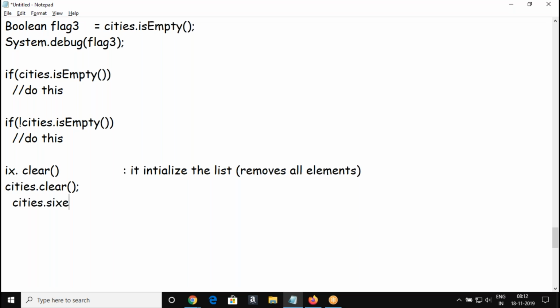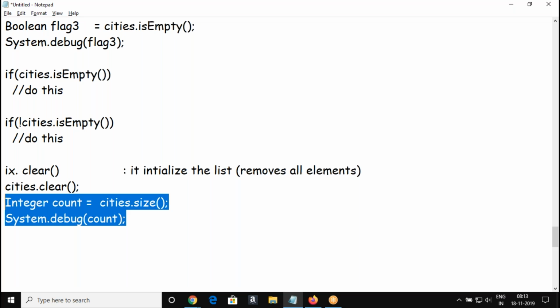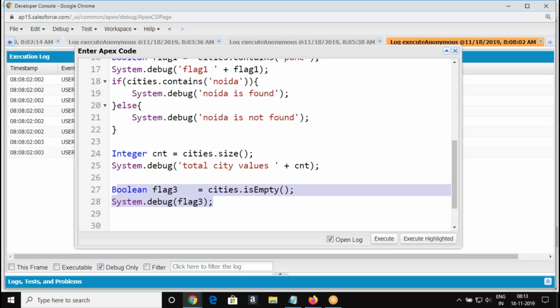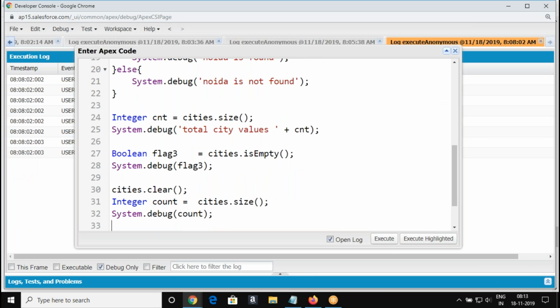Now if you get the size after clearing, it should be 0. You got this?